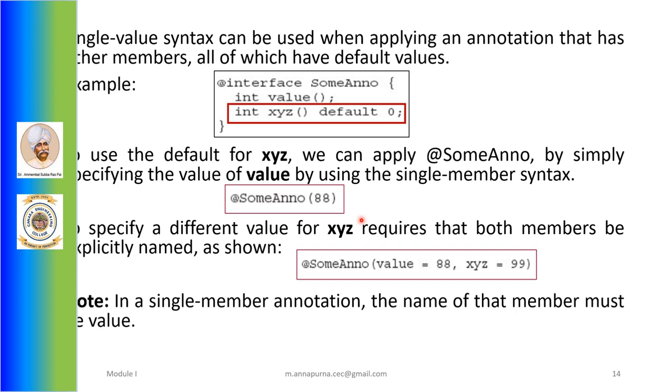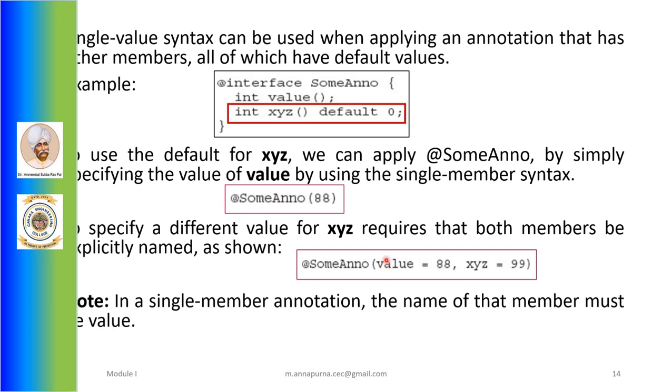Of course, if we want to specify a different value for annotation member xyz, then it requires that both the members be explicitly named as shown. So here @SomeAnno(value = 88, xyz = 99).